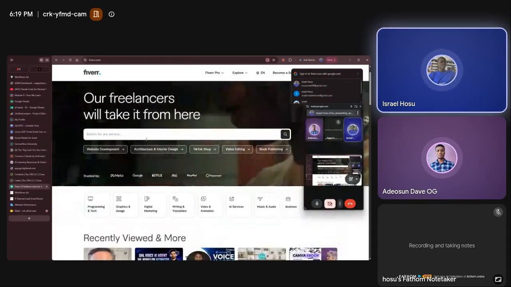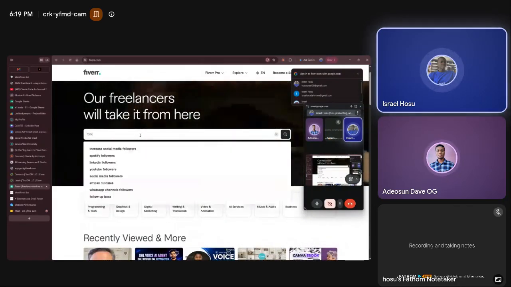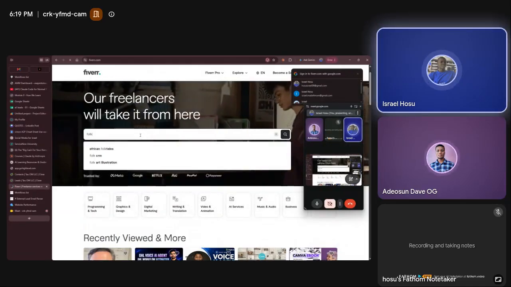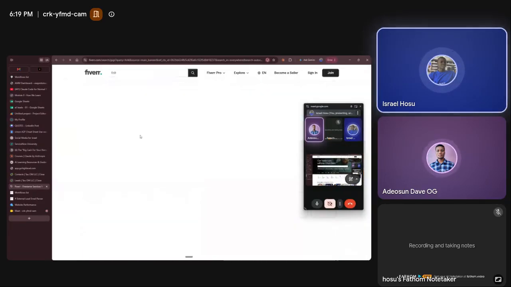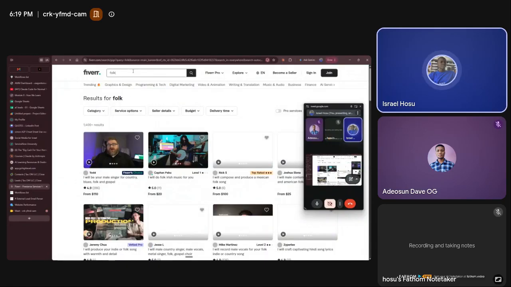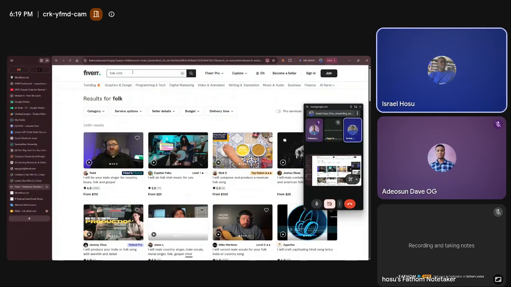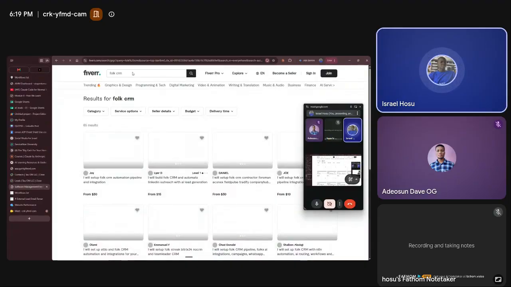Basically, when you want to create a gig, it's advisable that you first of all check Fiverr and see other people that are selling a similar gig. Now, let me search for Fox CRM. The keyword is not Fox. The keyword is Fox CRM. When I search for Fox CRM,